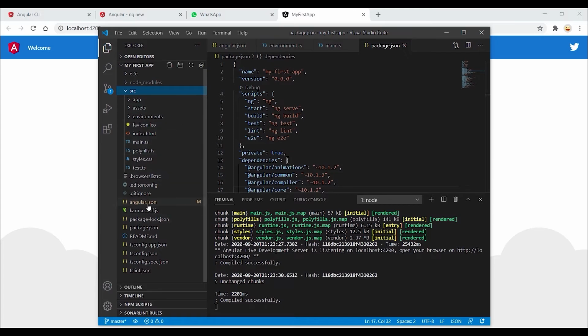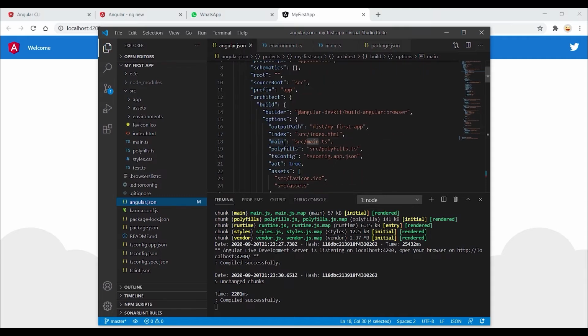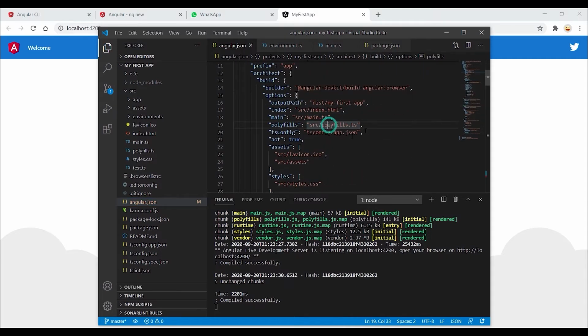This is angular.json. I told you that it contains the information about this Angular application, like what its name is, what its index file is. Like here we have this index.html. We could change it to index1.html. This is the output path. The output path is where, when we create the build, it will create a dist folder, and inside the dist folder it will create the build as my first app. We could change it from here,